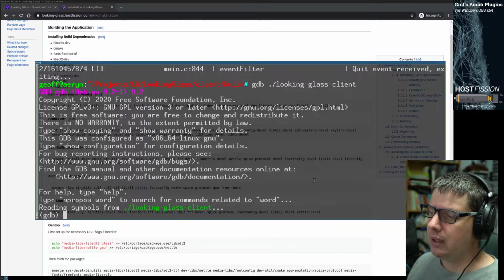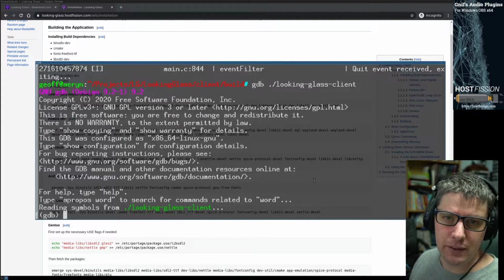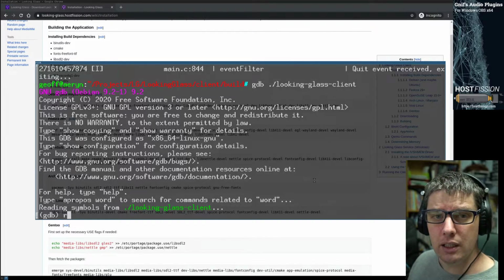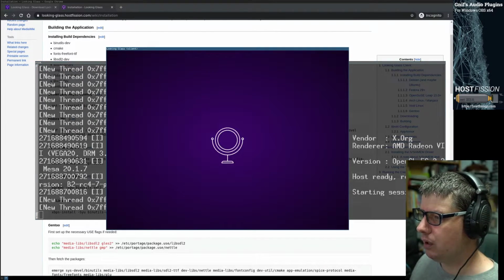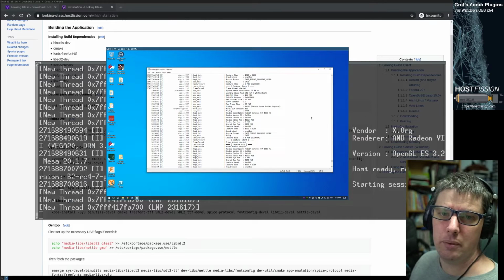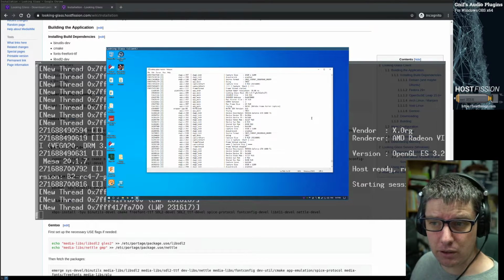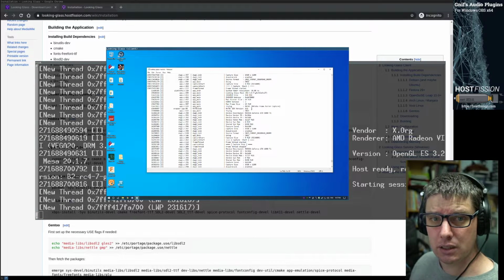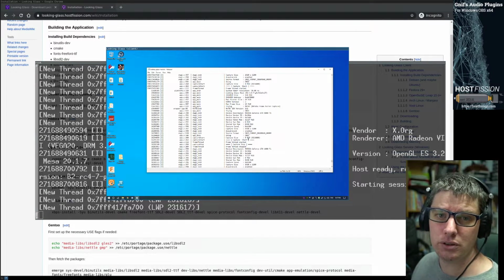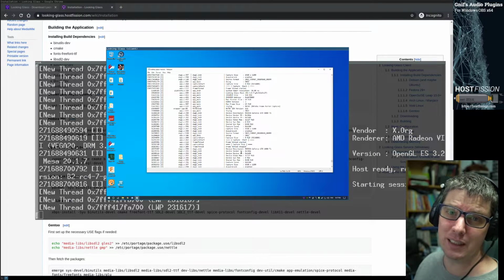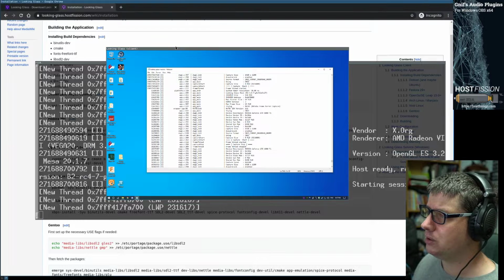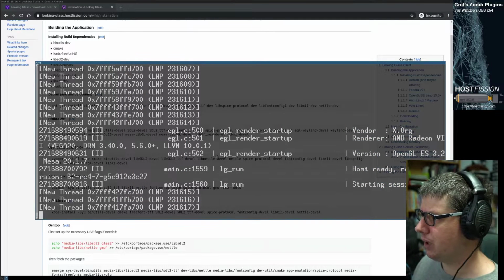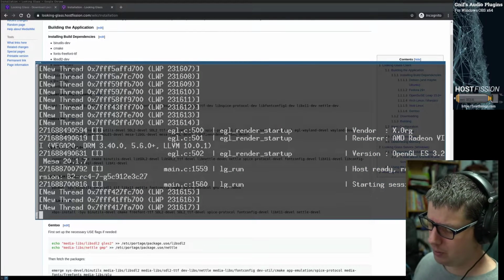But like I said before, we're loading our settings from the INI, so I don't need to specify any arguments here. To start the program now, we just type r for run and press enter. And you'll see in the background, we saw a whole heap of information about new threads and things going on. Now let's pretend that this has crashed and it didn't start. For example, you're on the waiting for host screen or got the Looking Glass logo or something's happened, or even it's hung completely. If you come back across, I'll just pull this off the screen, to the debugger and press